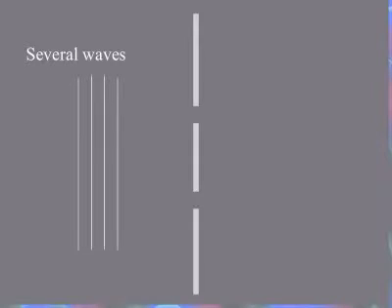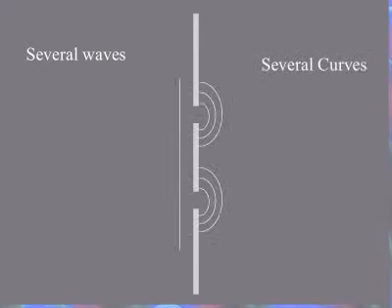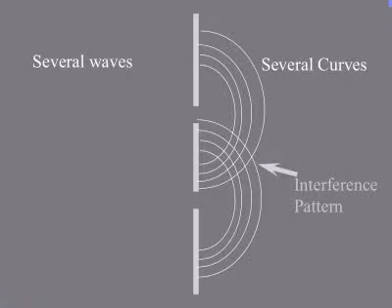So if we send several waves through there, we send 4 waves through there, at first they're not going to interfere, but as they start to interfere, we're going to get a whole bunch of interference going on, and we're going to be able to study that interference. We're going to be able to see that interference somehow. All right, so